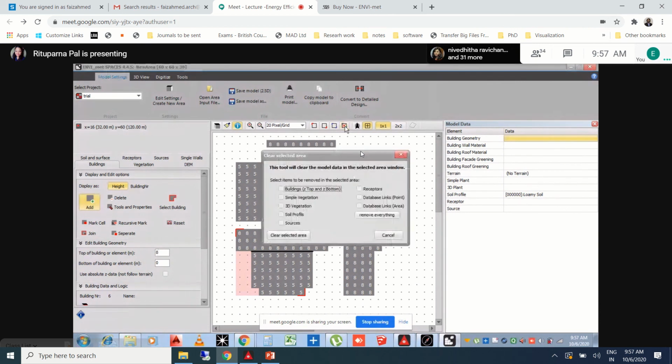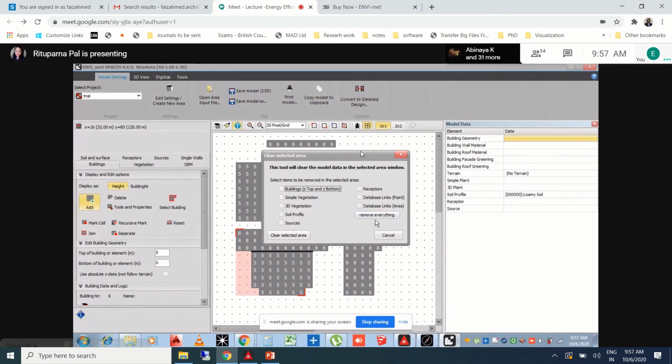Okay, so now we go to this red cross marker. On clicking this red cross marker, you will see a toolbox which says clear selected area. Everyone has got into this page? Yes, ma'am. Here, as we have only plotted the buildings area, we can either click buildings or say remove everything, because we have not drafted vegetation, 3D vegetation, soil profiles or anything.